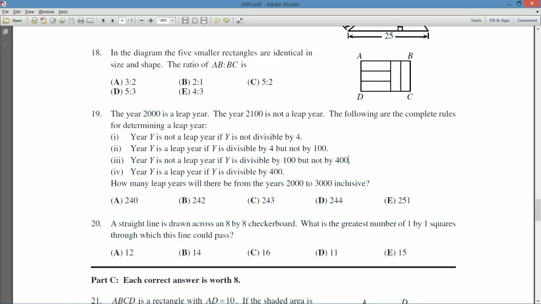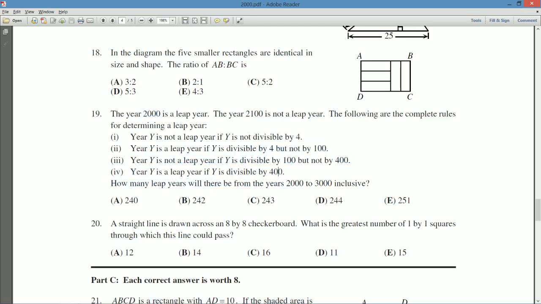I had things backwards. Most people know that it's a leap year if it's divisible by 4, but they don't usually know the not 100 part. A year is not a leap year if it's divisible by 100 but not 400. This is the one that most people don't realize, because 2000 is a multiple of 100, but that was a leap year because of the last rule: a year is a leap year if y is divisible by 400.